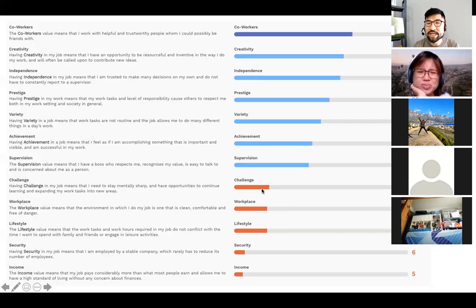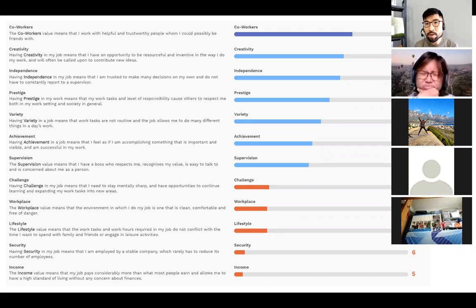Values is important because when you are contemplating or you're considering job offers, knowing your values will allow you to also make a better career decision. For example, if let's say like me, your highest value is co-workers and creativity, and your next job that you're applying for, you ask someone about it and you realize that that job requires you to not talk to people at all, right? And you are supposed to be working independently on your own. And your boss has already set up all the processes for you. You just need to follow, right?